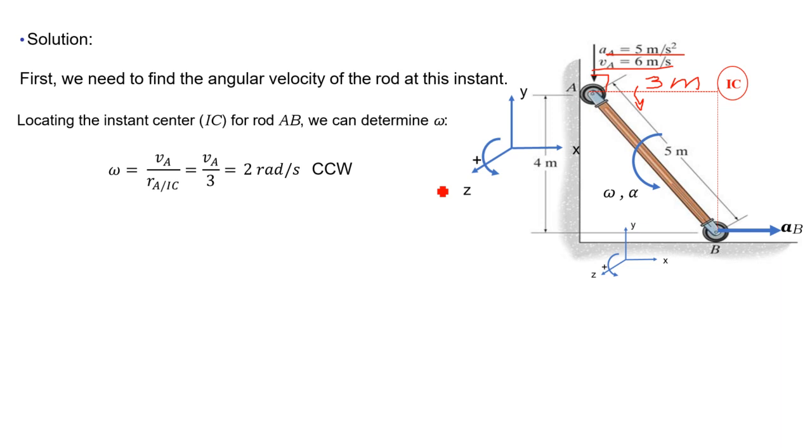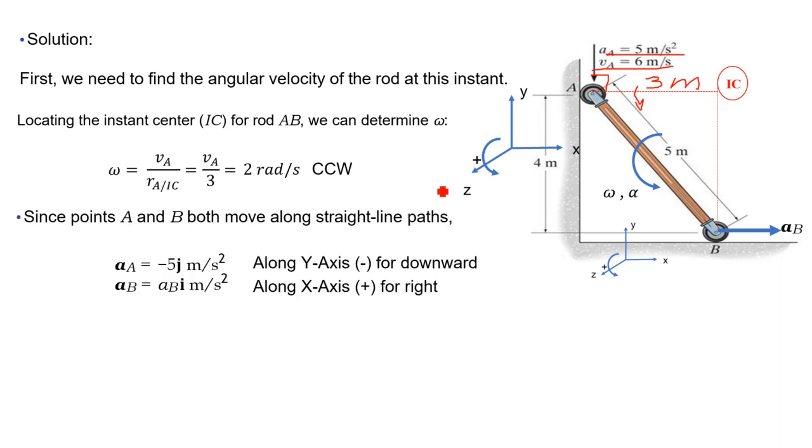That's very easy. And if I would like to find the velocity at the point B, I can find this very easily because the velocity in that case is going to be equal to the R BIC multiplied by omega, with R BIC being 4, which gives 8 meters per second. But I don't need the velocity now. I need the acceleration. So in that case, we need to apply the equations for the accelerations and find the relative acceleration equation. But it's going to be nice actually to write down here that the VB